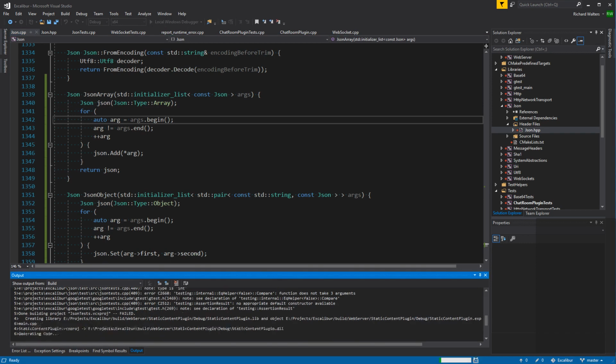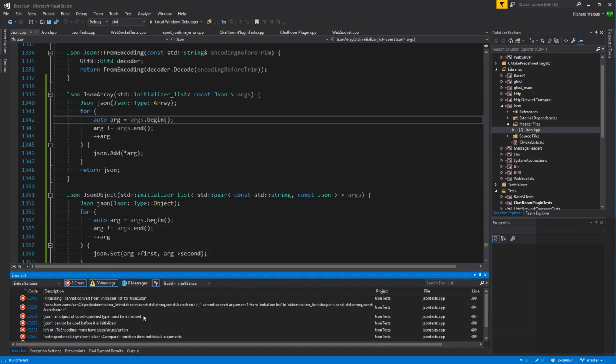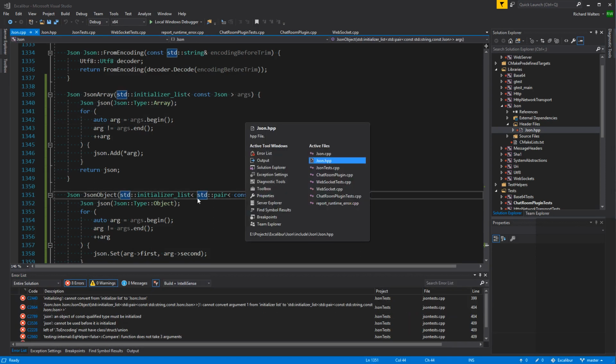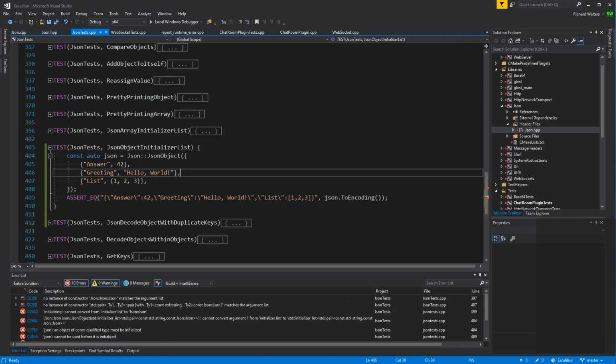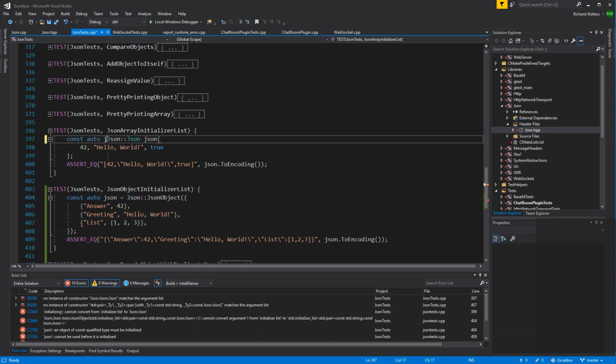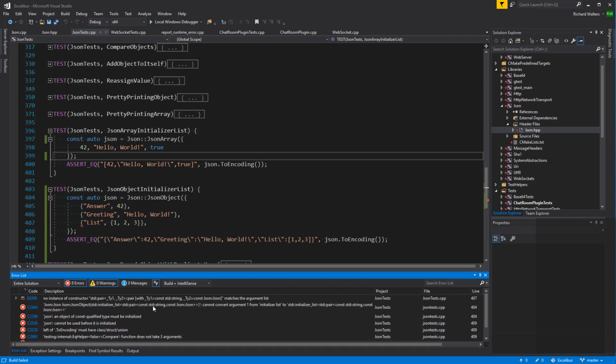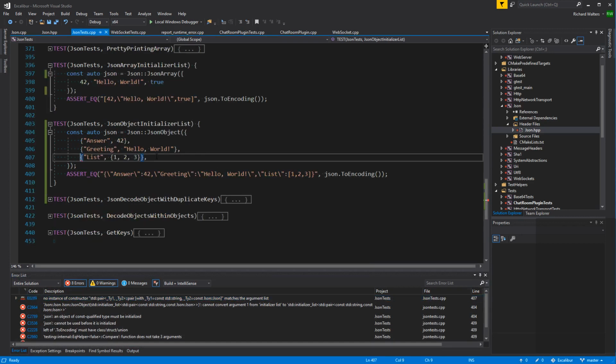This is gonna cause some things to crash that relied on that initializer list constructor. So fastest way is to, oh, hold on. I should change the test first, shouldn't I? Const auto JSON equals JSON array. So we just go to all these places where we actually use it.